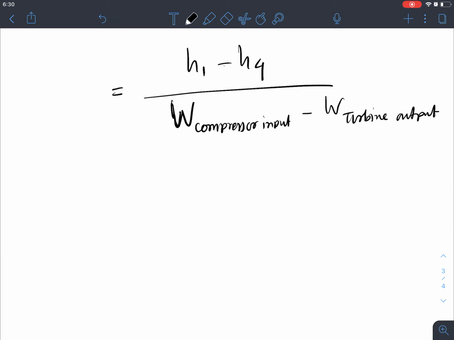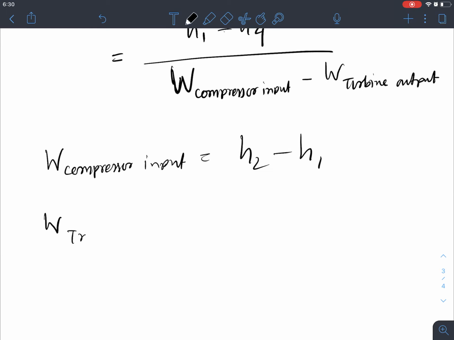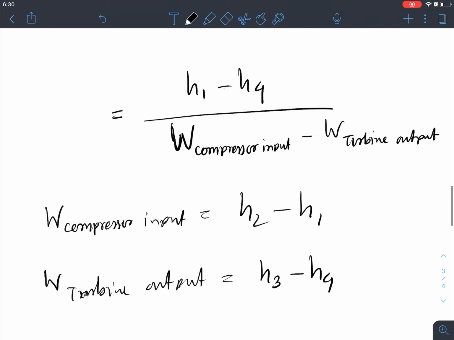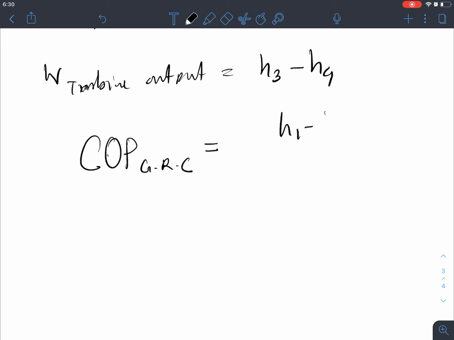We know that W compressor input is H2 minus H1, and W turbine output is H3 minus H4. So if we plug in these values, then the COP of the gas refrigeration cycle, GRC, would be H1 minus H4